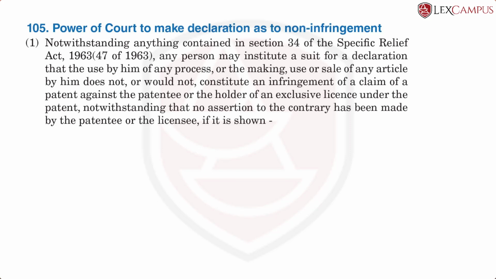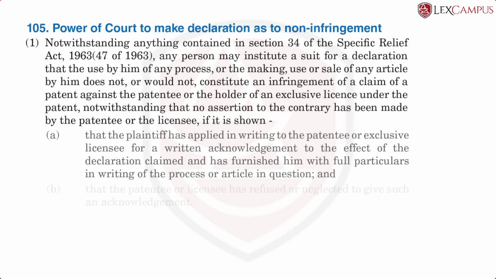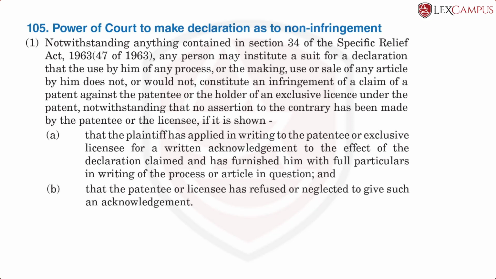But in 105, you are entitled to get a declaration, by, say, requiring that the process used by the person or the making, use or sale of any article by him does not constitute infringement of a claim of a patent against the patentee. Now, to do this, the patentee should be first approached by the defendant by way of writing. 105(1), there are two requirements, A and B. The plaintiff, which is the potential infringer,